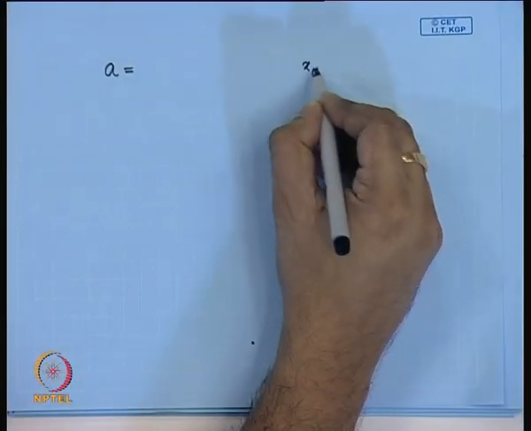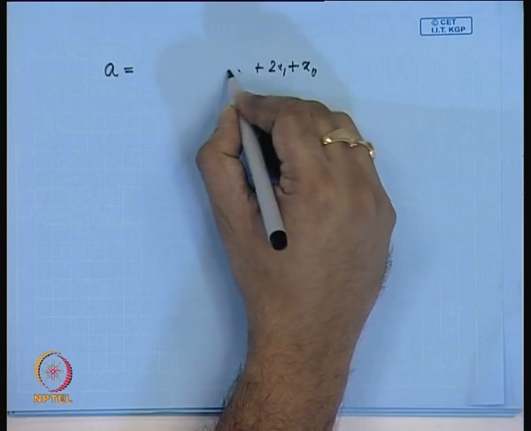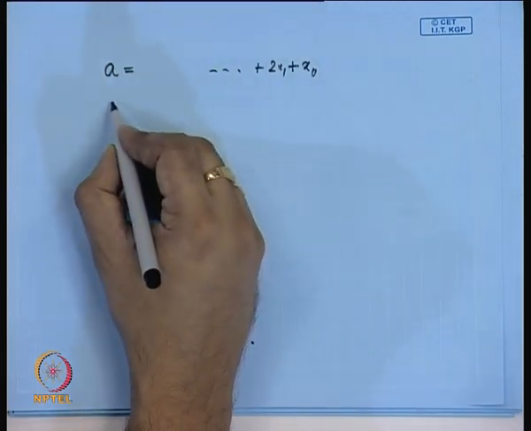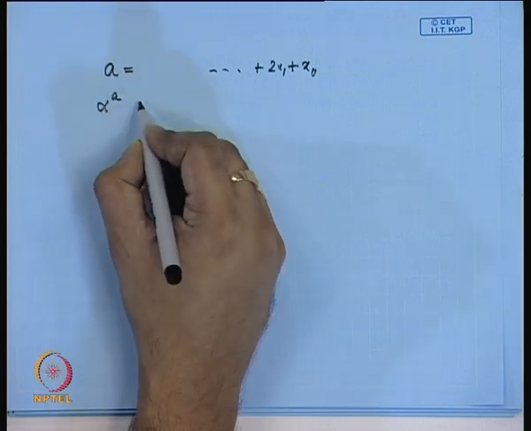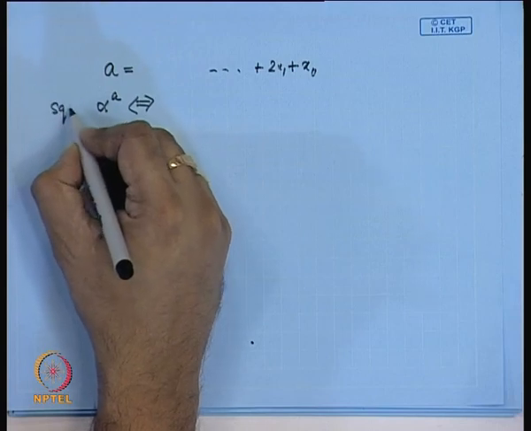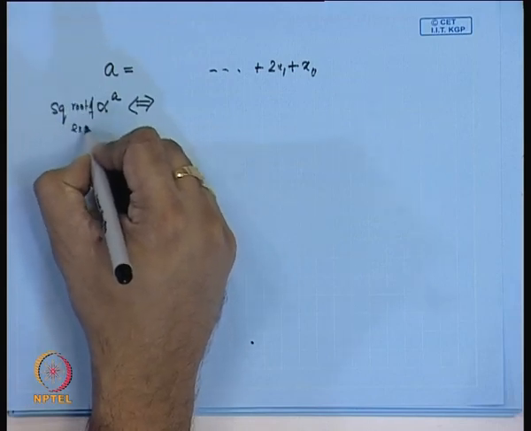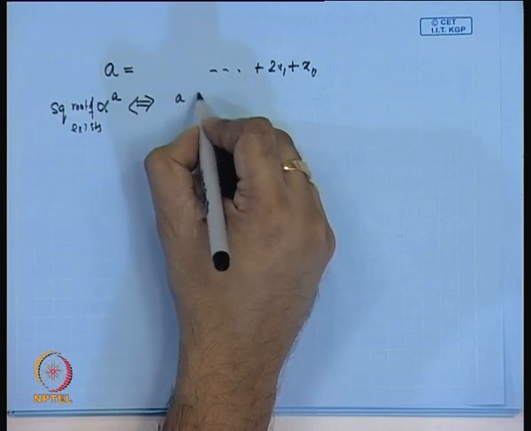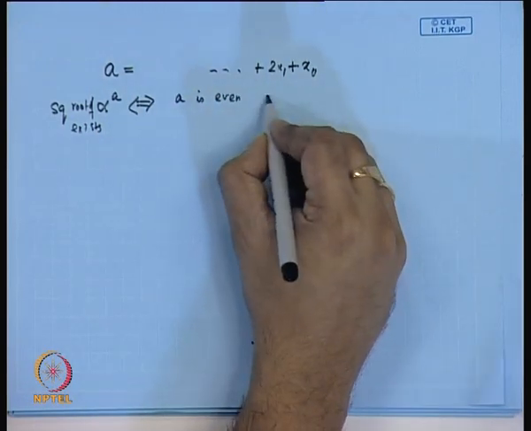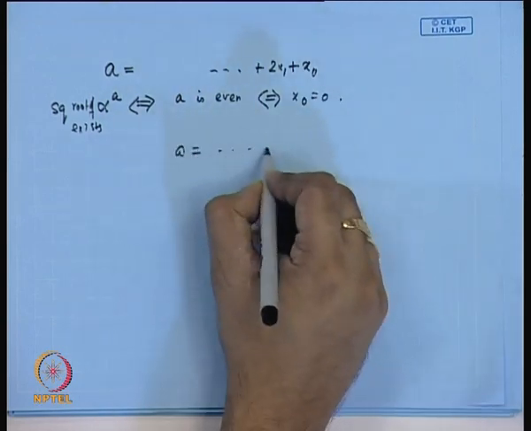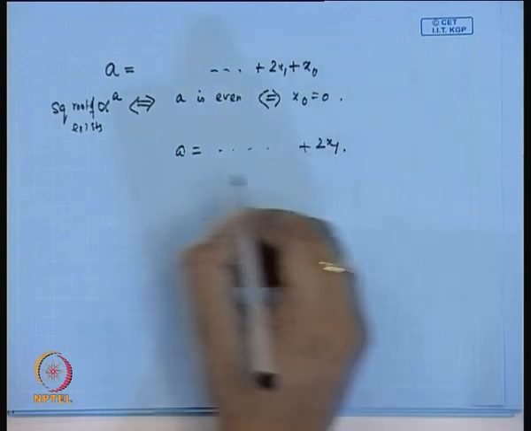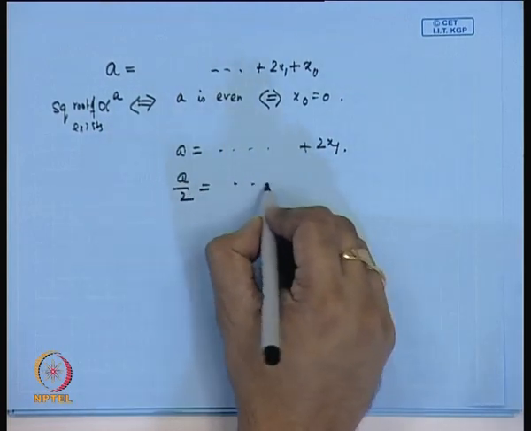So, for example, if I write this, a would be something like x0 plus 2x1 and so on, right. Since the square root of alpha power of a exists, that is equivalent to saying that a is even. So, that is equivalent to saying that x0 is 0. So, your a is actually this plus 2 x1. That means you can compute the value of a by 2 and that will be equal to this plus x1,